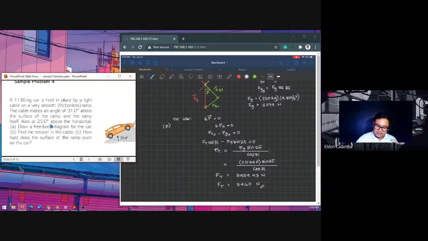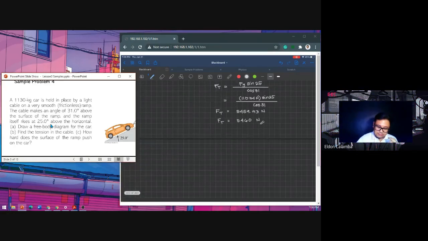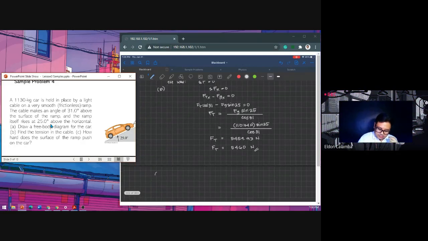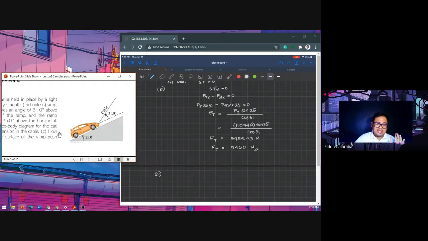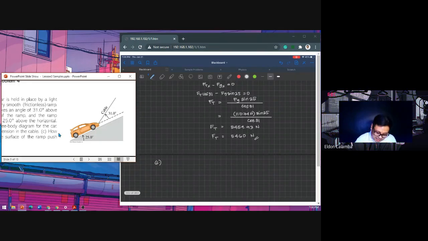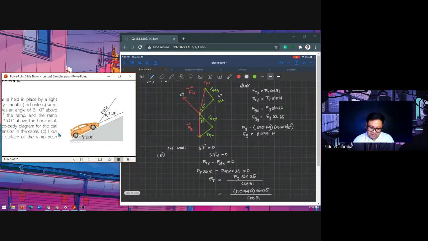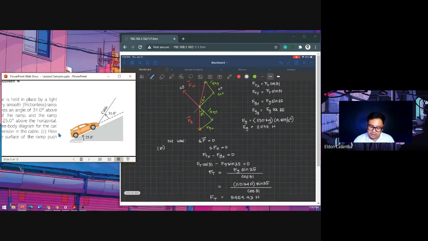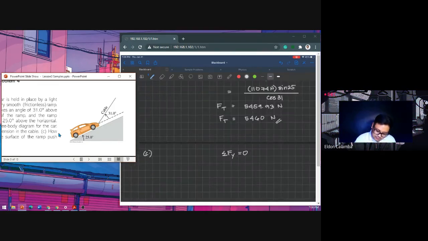For letter B. For letter C, I have to solve for the support given by the ramp. So basically, that's the normal force. So, wala ka ng kawala, summation of forces sa Y na yan siya, diretso. So, summation of forces sa Y equal to 0. So, you have FTY and FN positive and then FGY negative. So, you have FTY plus FN minus FG equal to, FGY rather,